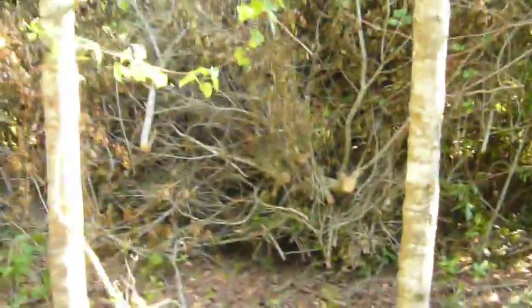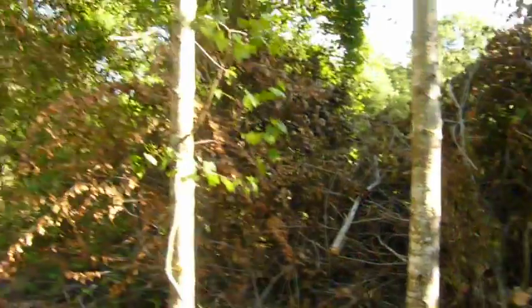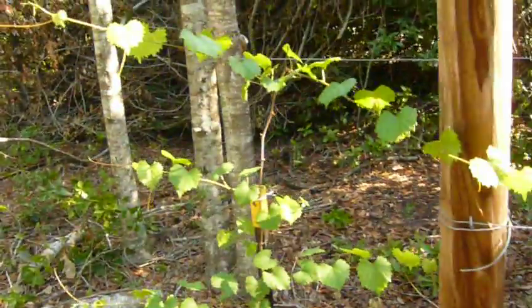I've just been clearing this area to try to bring in more sun here, but I cut these oaks off and just left them. They'll stay alive, and I'm going to use these as posts to string across the wire there. And if these wild ones would take, this is real sandy soil here, and it's just full of wild vines. That's why I was all over my property. I was in hopes that it would be more successful, but then I got these new varieties of vines, and they're doing good,